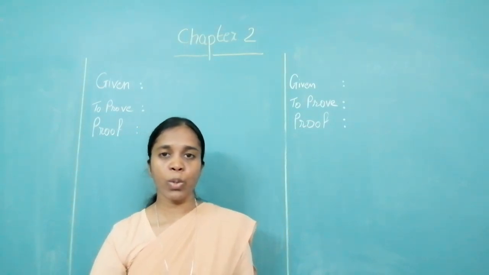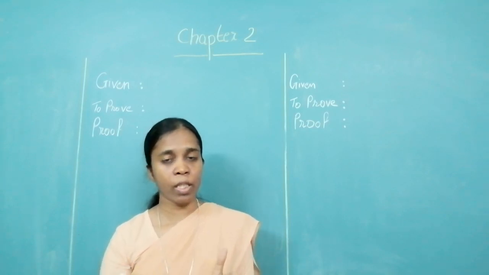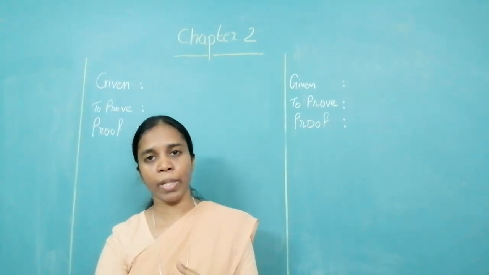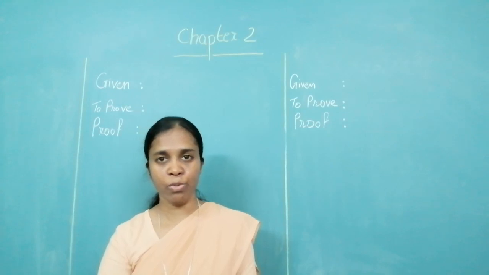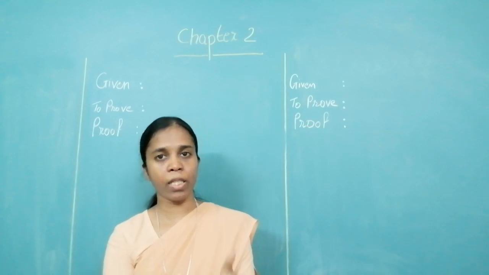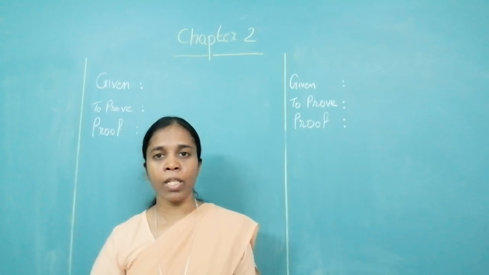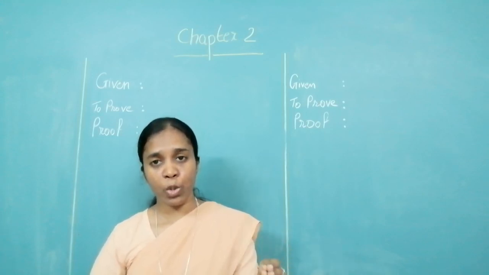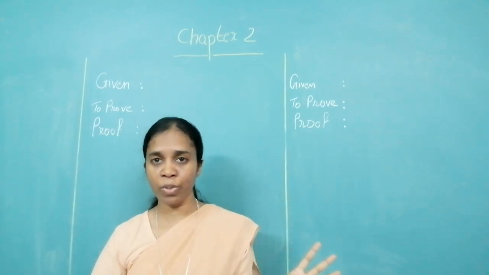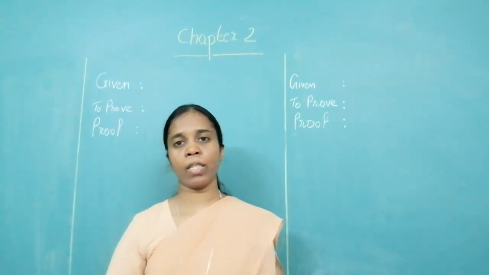Then I told you about the converse of the parallel lines. What was that? You are given interior angles are supplementary. You have to prove the given lines are parallel. I told you have to learn the statement of it. Today we are going to see, you are told corresponding angles are congruent. You have to prove that the given lines are parallel. Now, any two given lines, to show that the lines are parallel, there are only these 3 tests. Which are the 3 you have to prove? Interior angles are supplementary, or corresponding angles are congruent, or alternate angles are congruent.